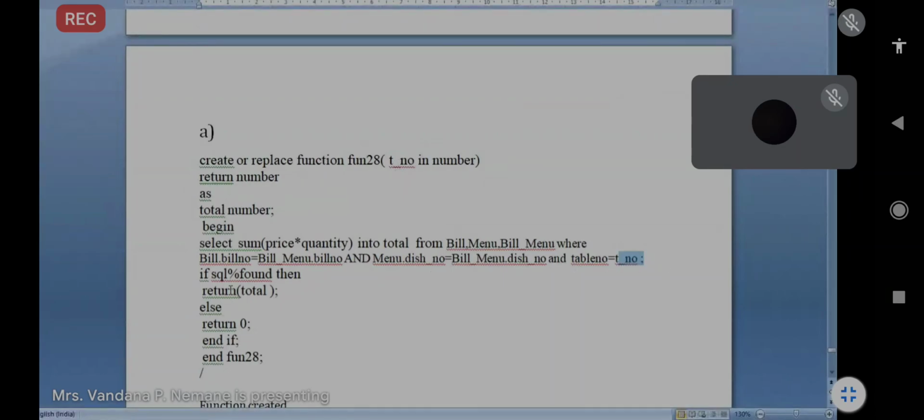And if SQL%FOUND, now it is a function, so in a function what will we write down? If SQL%FOUND, then return total. In a function, we know that a return statement must be there. Otherwise, at least return 0, return 1, something should be there. So return total, because we have to return the total. Then else